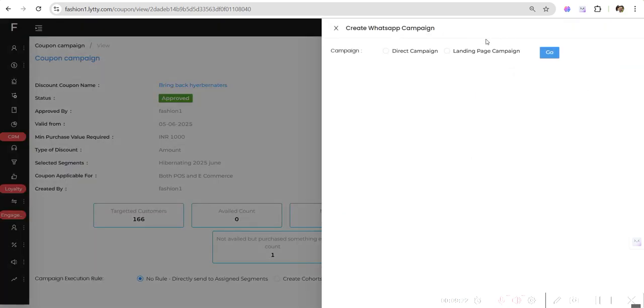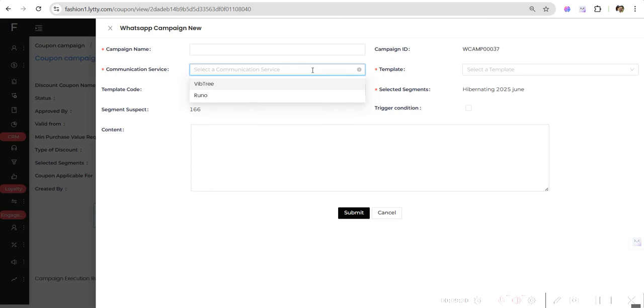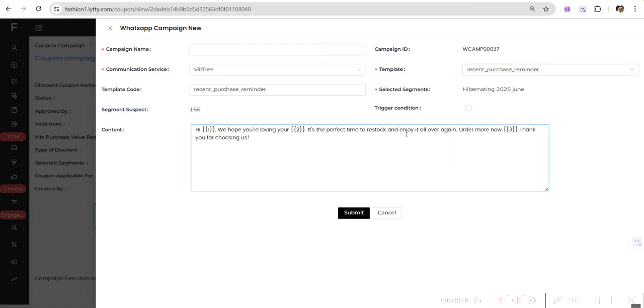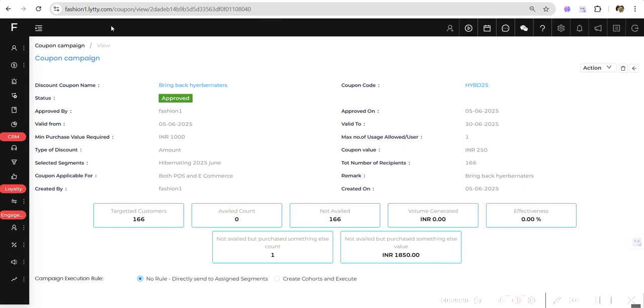If you have integrated WhatsApp to LYTTY, you can directly create a campaign and select which template you're going to send to these particular customers. There are a lot of templates you can automatically sync from your WhatsApp application to LYTTY, so that you can start working on it without any glitch, right? So what we are trying to show is, initially after connecting to your sales data, LYTTY will start showing a lot of insights about your customers' purchase behavior. You understand your customer purchase behavior, and as per your business strategy,